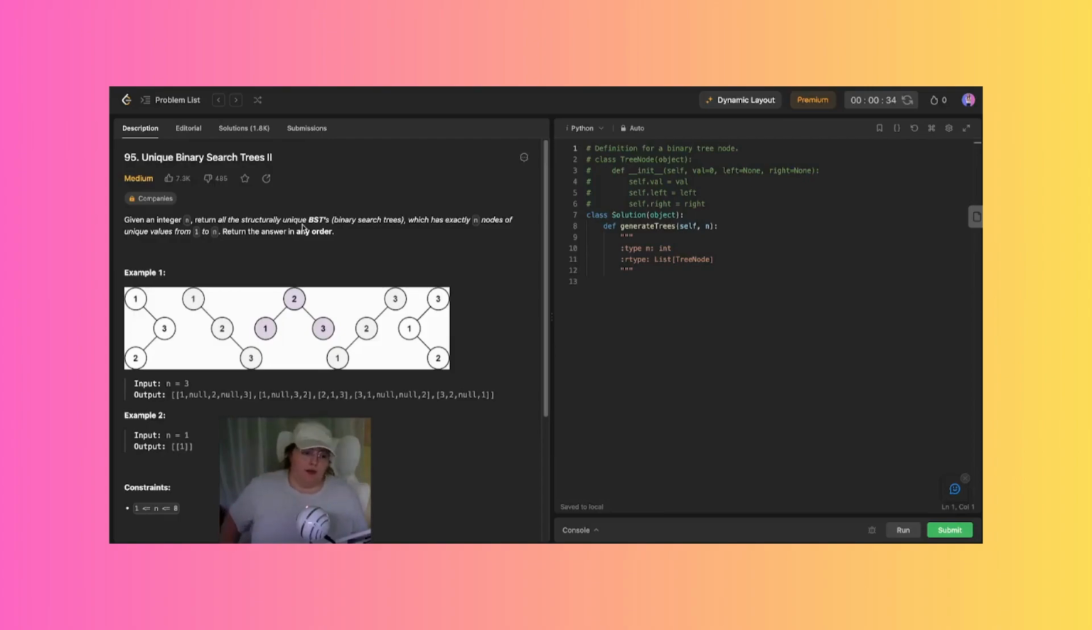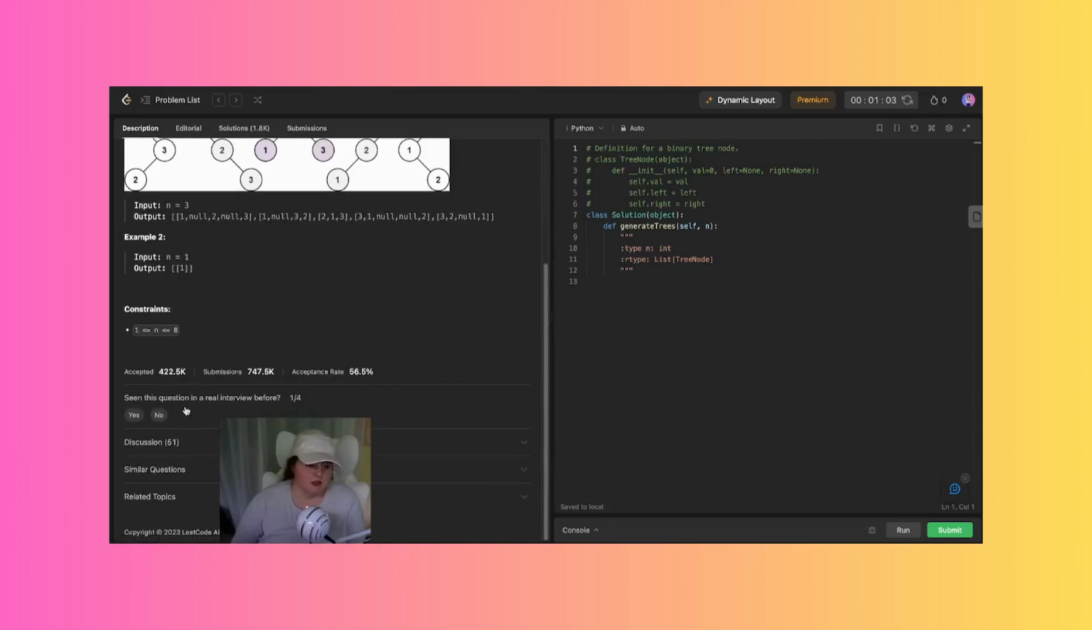Okay, this is pretty cut and dry. They give us these examples here. The input is n, and this is the output: 1 null 2 null 3, 1 null 3 2, 2 1 3, 3 1 null null 2, 3 2 null 1. So we have all of these in different configurations, and example 2 is just with 1, and then it looks like this is our only